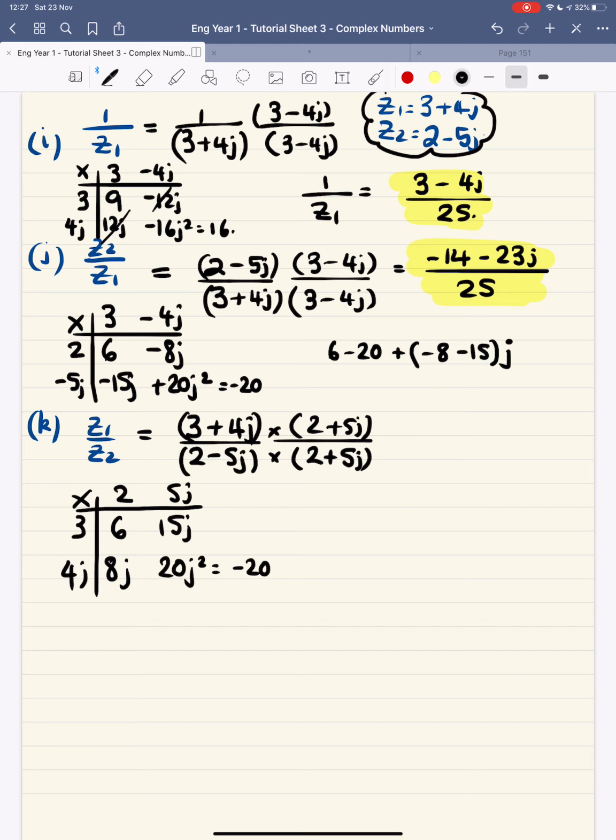So that was the numerator. So that's going to be 6 minus 20 plus 8 plus 15j. So it's minus 14 plus 23j. There. And then the denominator